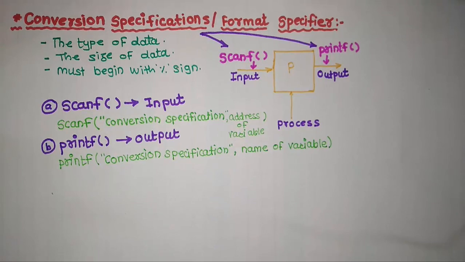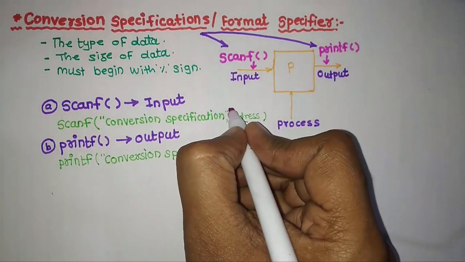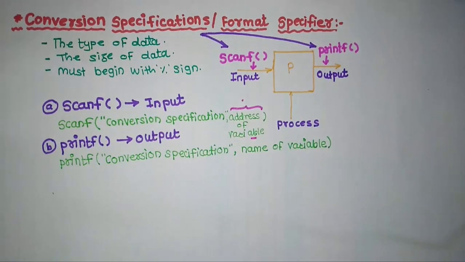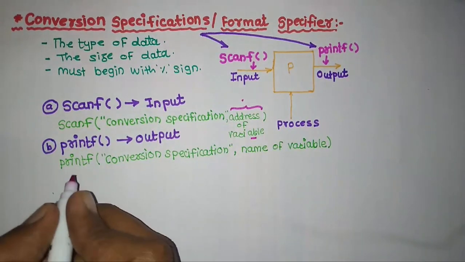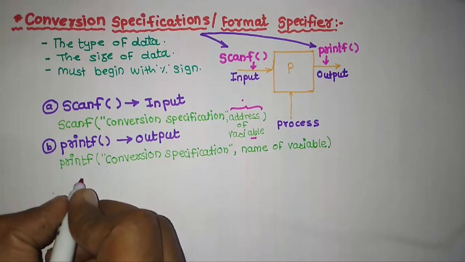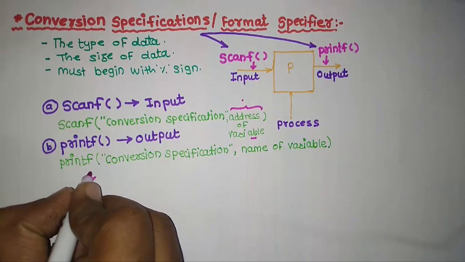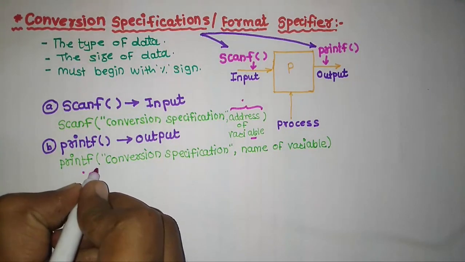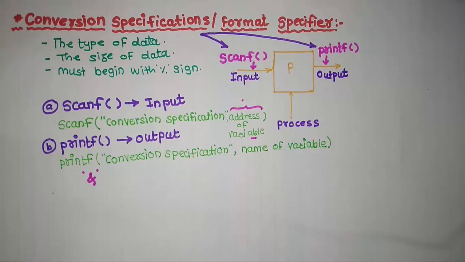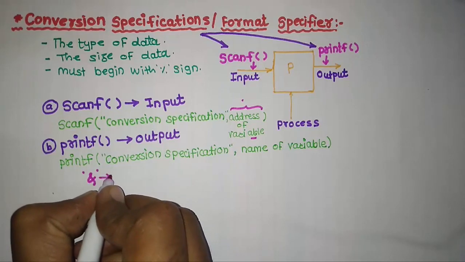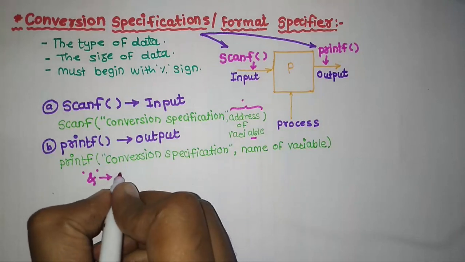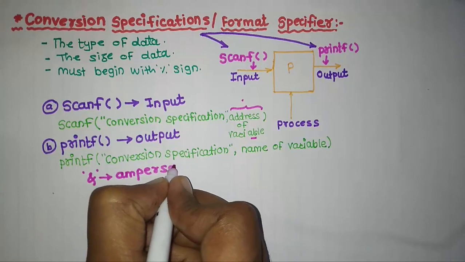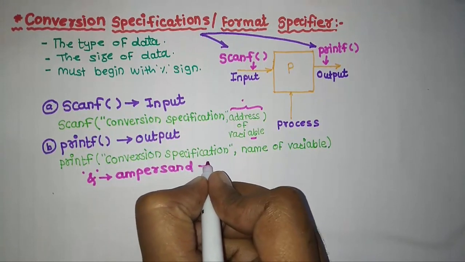Now let us see how to obtain the address of any variable. In order to obtain the address of a variable, a special symbol, in our regular language we call this an and sign, is used along with the name of the variable. This symbol is basically pronounced as ampersand, which returns us